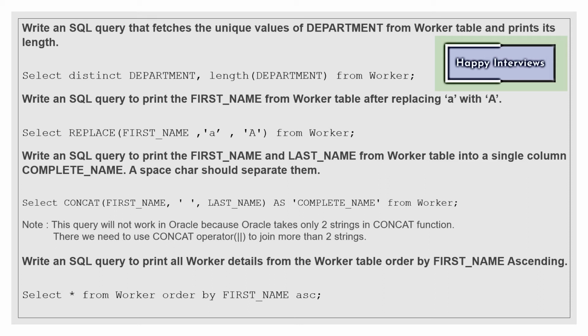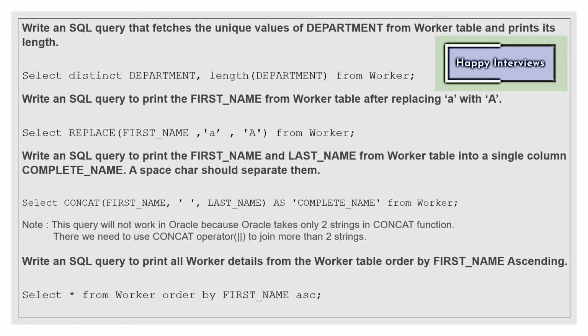So what concat does, if there are multiple columns in the table, using the concat function, you can join those columns. So concat function also behaves differently with different RDBMS. Like for SQL Server, MySQL, it behaves differently. There it can take multiple number of columns as input.